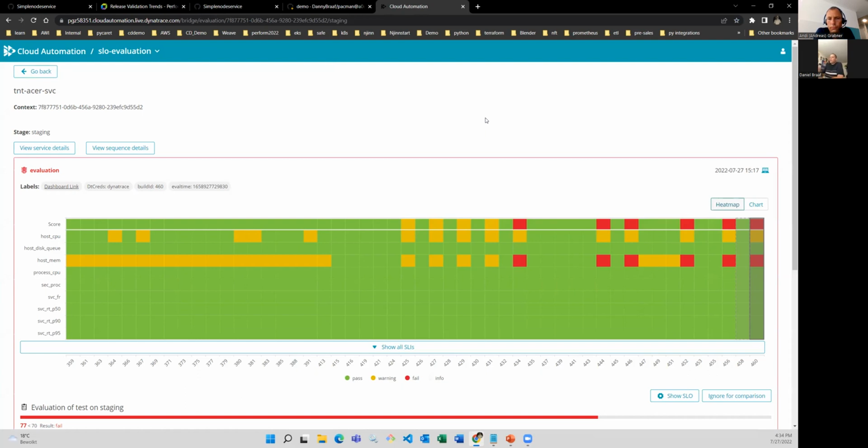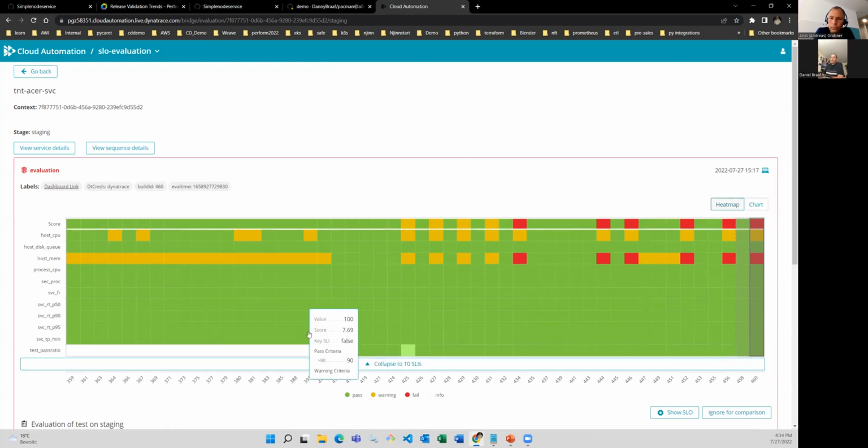So here, if I open it up all the way, on the left, we have all single defined SLOs where you can use a wording of your choice, right? Here we have the host CPU, the host disk queue, host memory, and so on. Then down here, you can see the actual build number. And then, of course, each of these SLOs has its own tile that shows us if they have passed or not, which up here we have the main validation score of